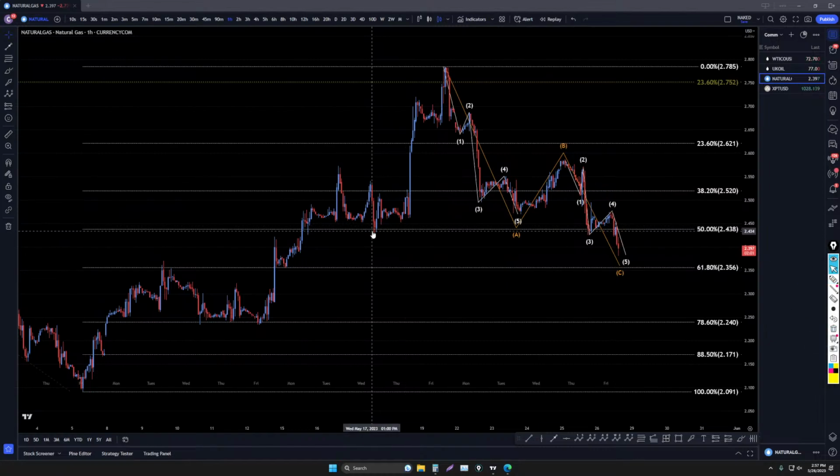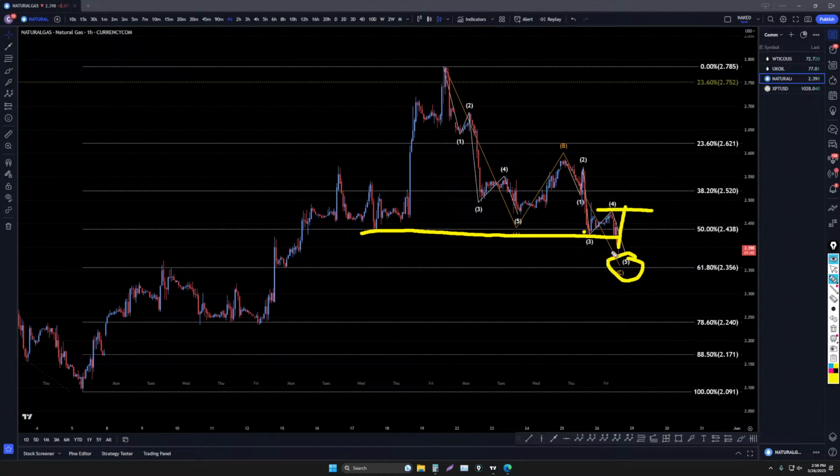Because with that break of structure to the downside right here, which it did break right here, but it didn't hold below structure, and now it is starting to hold below structure. But if it does turn back up, I would say that that is a rejection of structure, and that it still is the end of an ABC, and that it still could just keep on going up.